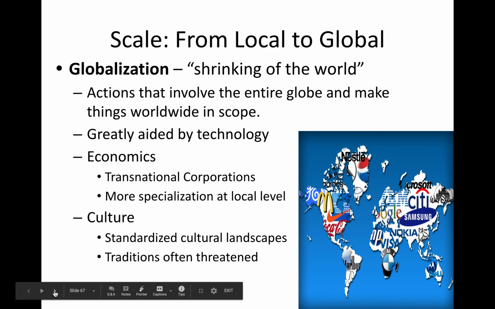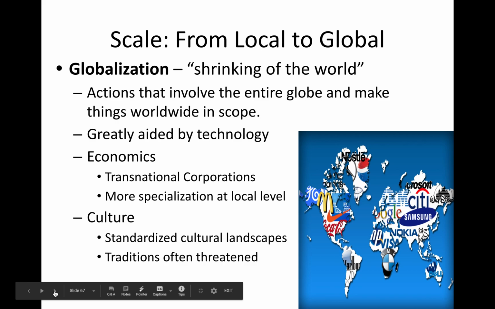It creates homogeneous landscapes. So how do we know homogeneity? We can see it by the large corporation symbols such as McDonald's, or names such as Citibank or Samsung. Again, it creates a uniform landscape where everyone is homogeneous. With this homogeneity comes specialization on local levels. That specialization can come in concepts that you won't be tested on, like neolocalism, where we get people that specialized in their service or